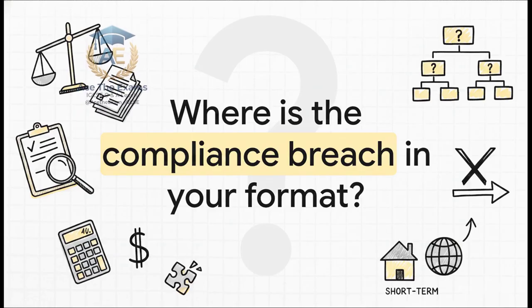Imagine a stressed student writes this exact paragraph. The profit for marginal costing is $50,000, and absorption is $60,000. The difference is because of fixed costs in inventory, so management should use marginal costing because it's easier. I'll give you 3 seconds to run the compliance check. 3, 2, 1. Did you catch it?